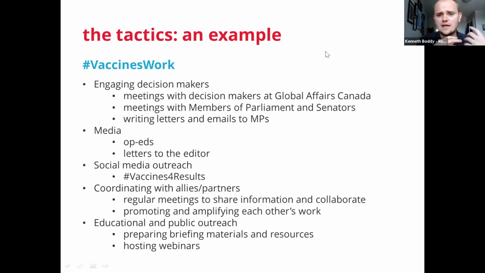We ask our grassroots, and we as a staff also attend meetings with members of parliament and with senators. We also get letters written to MPs and emails out to MPs as well to continue those really rich forms of engagement when we can't necessarily meet with them. Again, with media, we do lots of op-eds and LTEs, and the results for volunteers are fantastic at getting